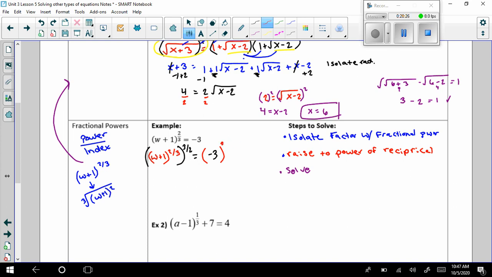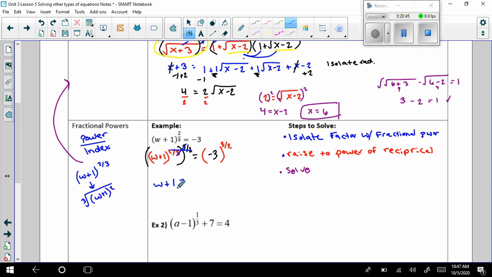So what I do to one side, I have to do to the other. So I'm also going to raise this side to the 3/2. All right, so these cancel to 1, and I just get w plus 1 is equal to,